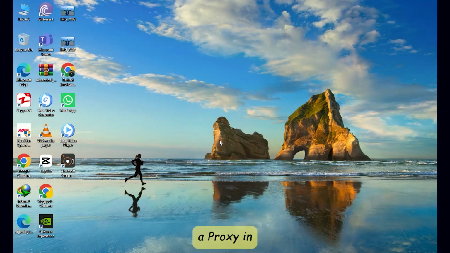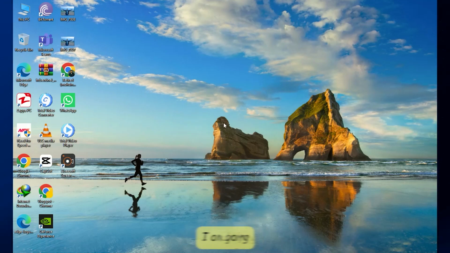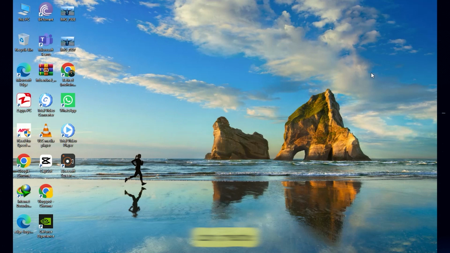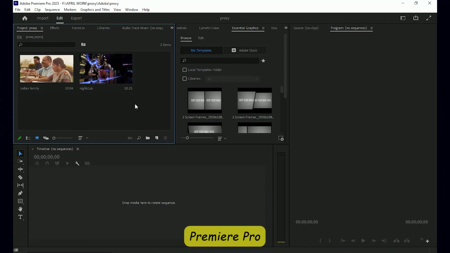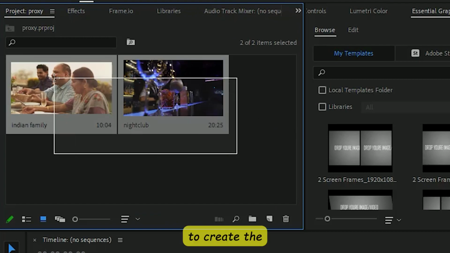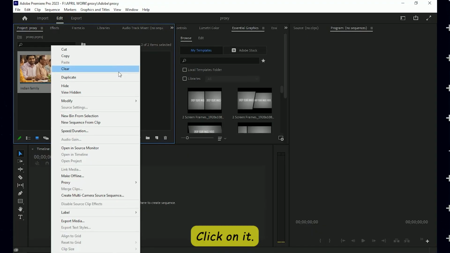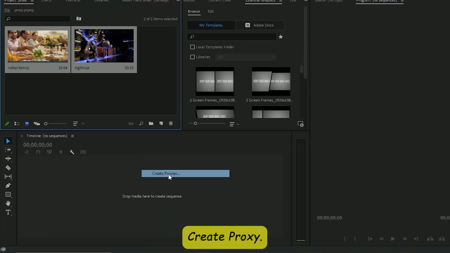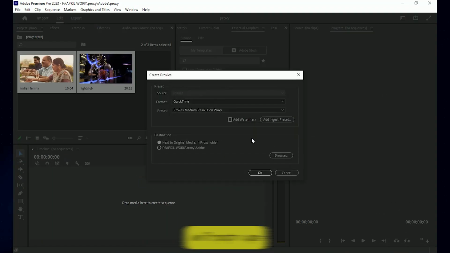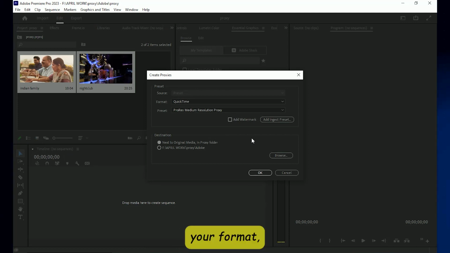How to create a proxy in Premiere Pro. Today I am going to show you how you can create a proxy in Premiere Pro by following these steps. Open Premiere Pro. Select the footage you want to create the proxy for. Right-click on it. Select Proxy. Click on Create Proxy. Now a screen will pop up in front of you, where you can select your format preset